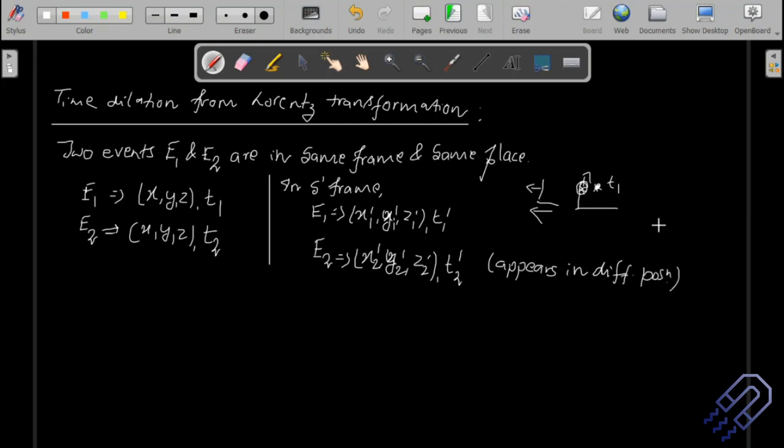Imagine this, you are inside the bus. One event is you are here, your friend is here, and your friend is switching on the bulb. The bus is moving with a velocity v. One event is your friend switching on the light and then switching it off. That is one event gone. You are observing at this particular point and your friend is not moving inside the bus. The second event is again your friend switches on the bulb and switches it off. Both times you are observing it here itself. There is no motion, there is no change.